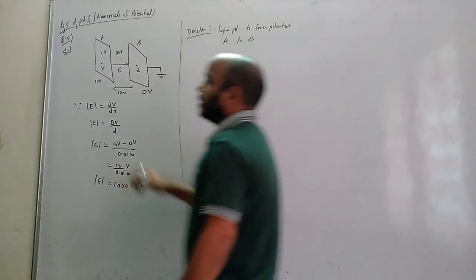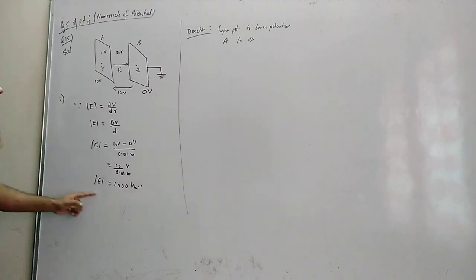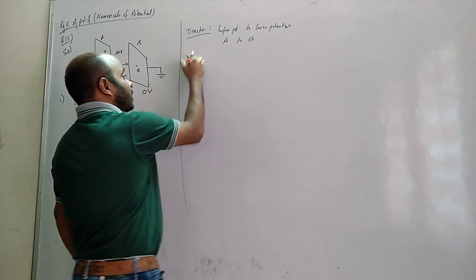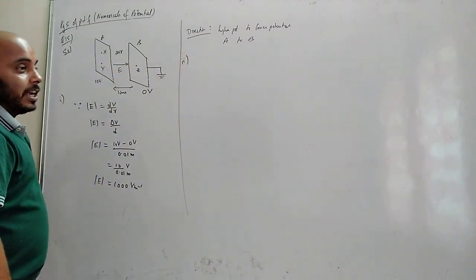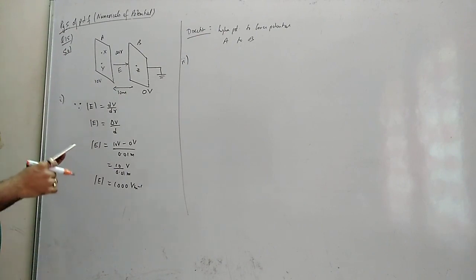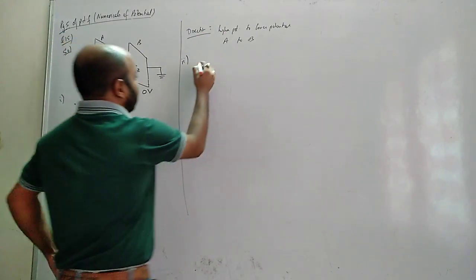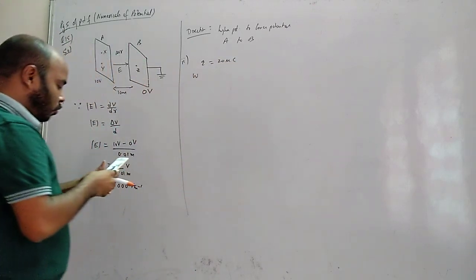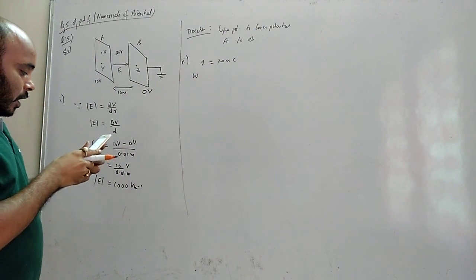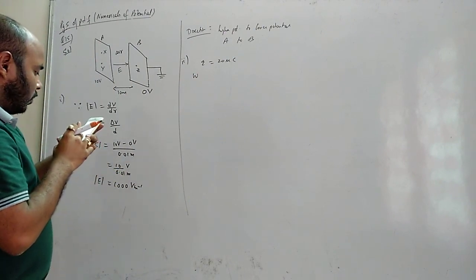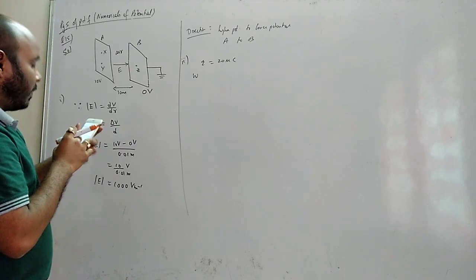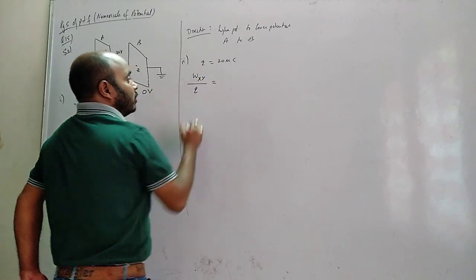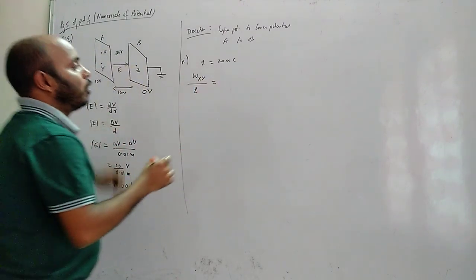What does the second question say? This was the first question; we got the magnitude and the direction. Now we are interested in the work done to move a charge Q. What is the charge given? 20 microcoulomb. So Q is 20 microcoulomb. Work done to move a charge from X to Y. Which charge are we moving? Q, from X to Y. So what is the basic formula for work done?